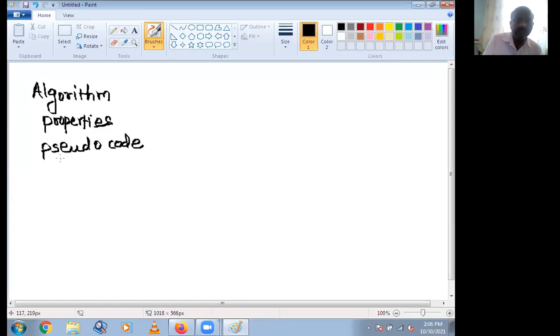See the pseudocode rules carefully. In the remaining chapters, there are only algorithms, so you have to write the algorithms in pseudocode. Then we have seen recursive functions and recursive algorithms.